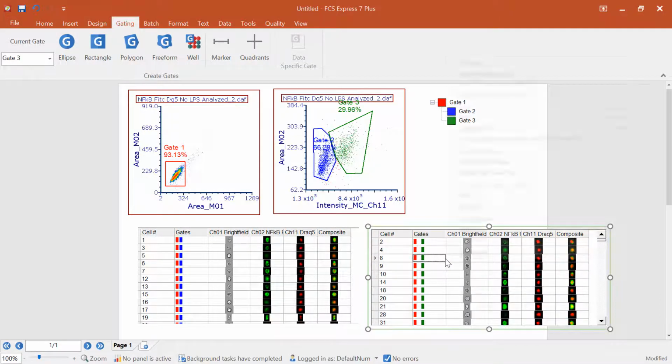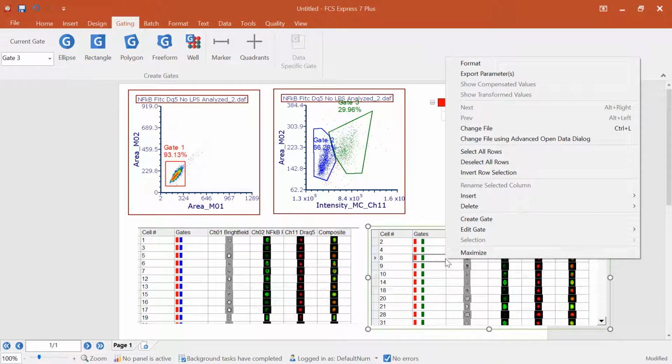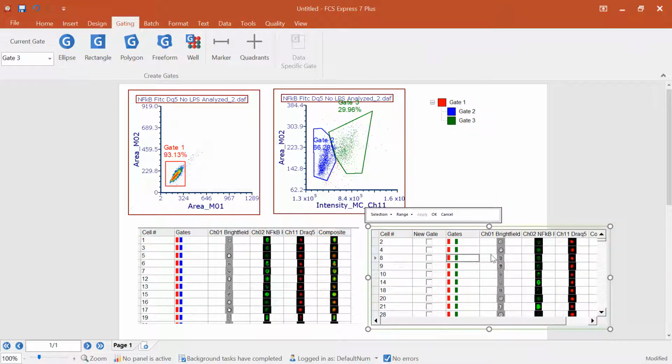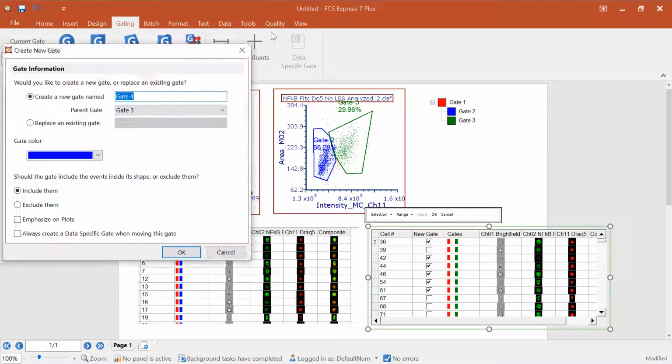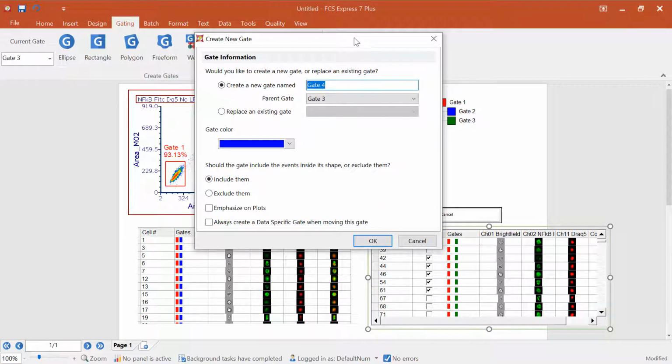The way that we do this, again, is if you right-click on a data grid, you can choose Create Gate. And what that is going to allow you to do is check individual boxes for cells. So if I find some cells that I think are interesting, I can check these boxes, I can click OK, and what FCS Express will do is create a new gate that only includes the events for those boxes that